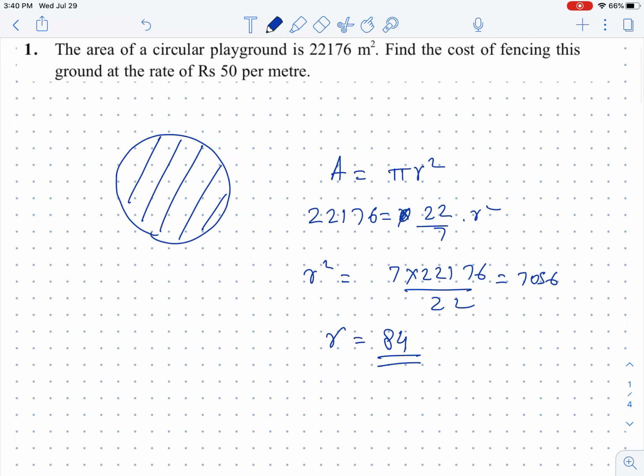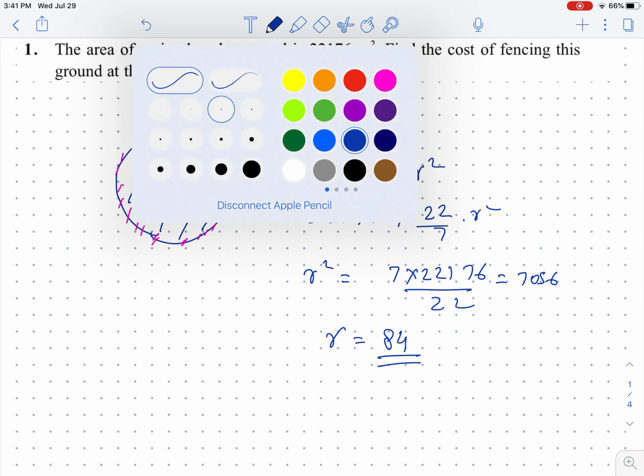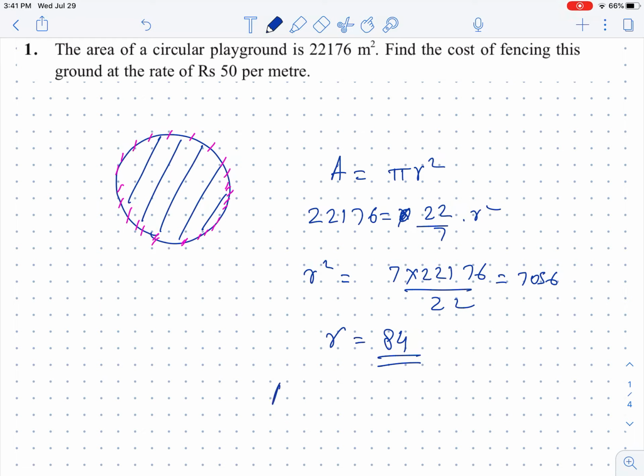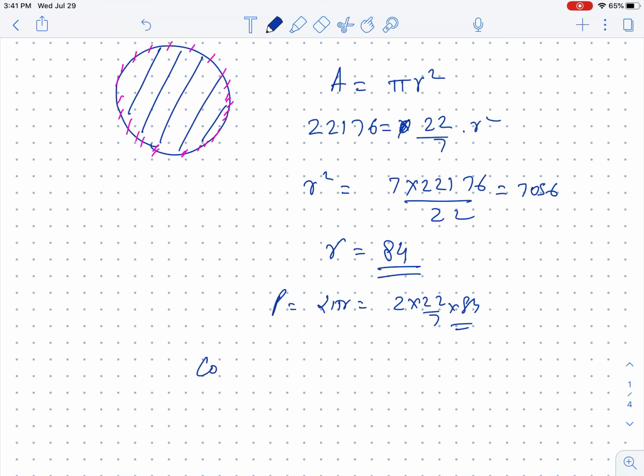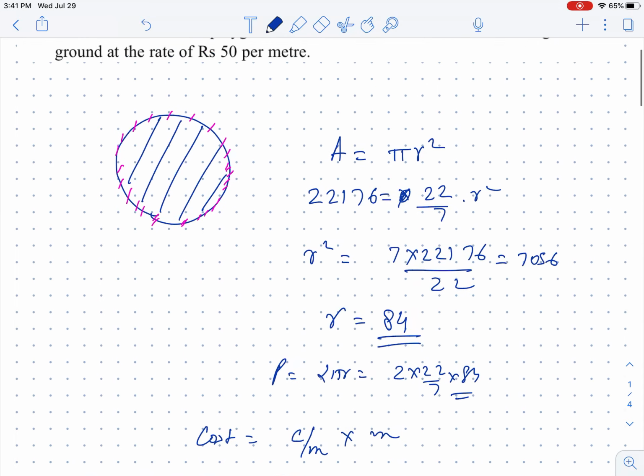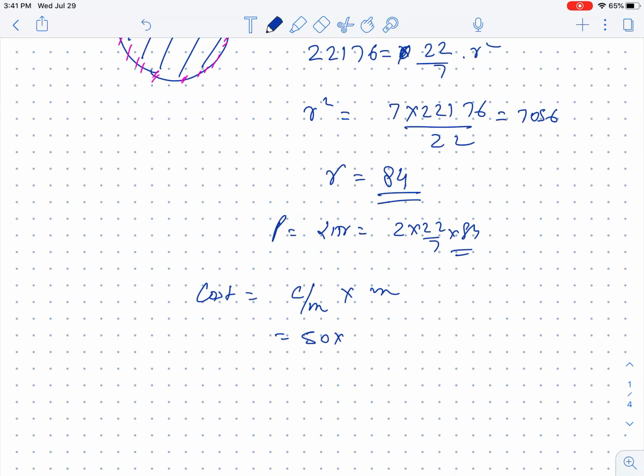Now they are asking what will be the cost of fencing. If you try to put a fence around this circular playground, the total length of the wire will be the circumference or perimeter, which is 2 pi r, that is 2 into 22 by 7 into 84. The total cost will be cost per meter into meters. The cost per meter is 50 rupees per meter, and total length is 2 into 22 by 7 into